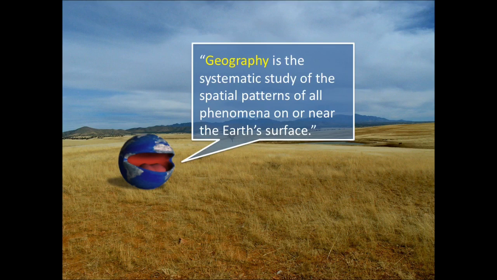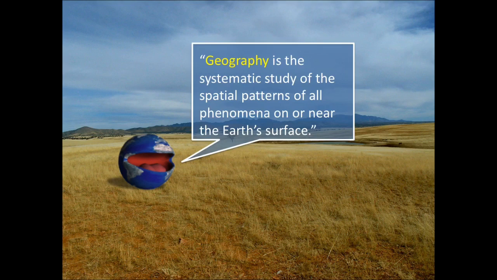That's a definition that is loaded with a lot of fancy words, but when we break it down, it's not that hard to understand. First of all, let's look at the words that we know for sure. Earth's surface. You know what the Earth's surface is, right? It's what we stand on, what we can see. That's the Earth's surface. Now let's take a look at the other words that may be a little more complicated.